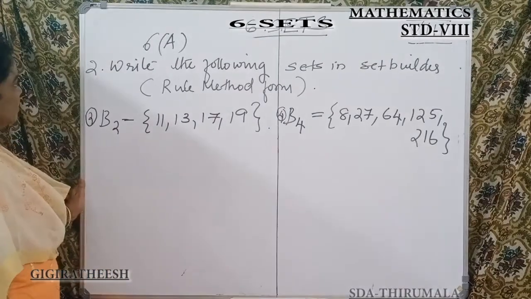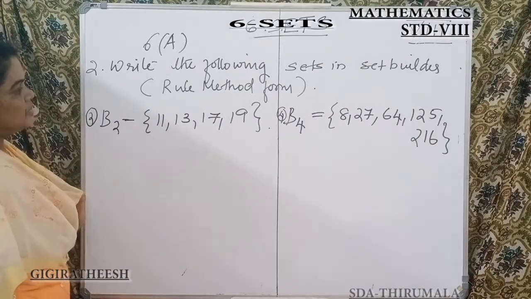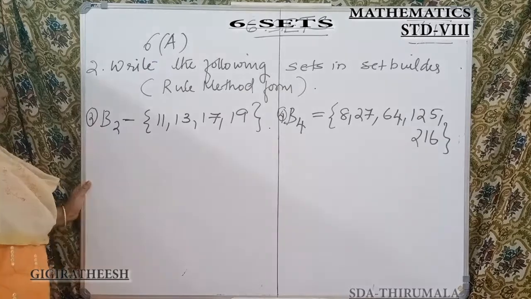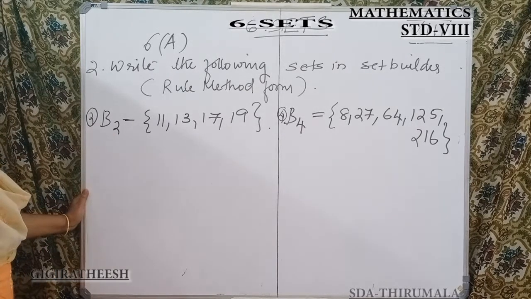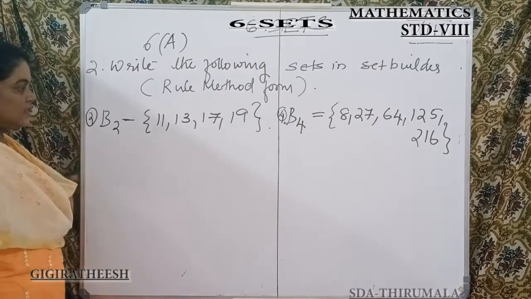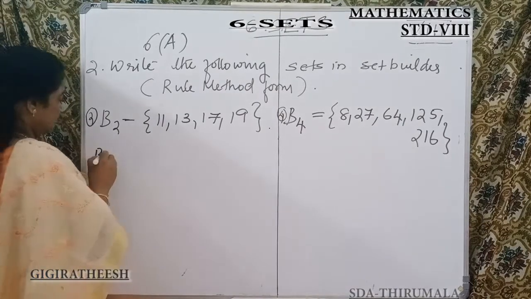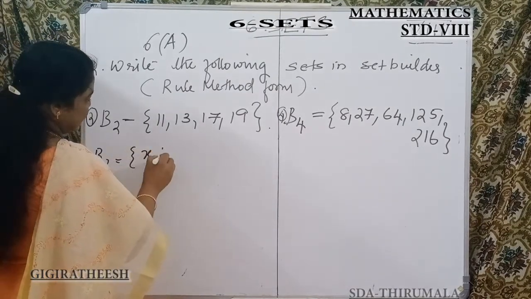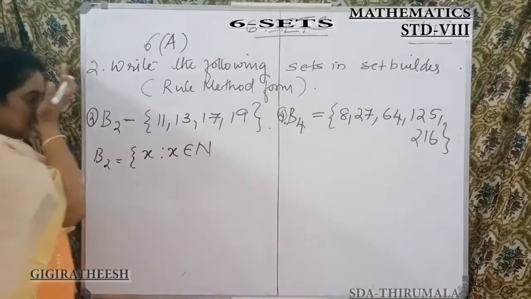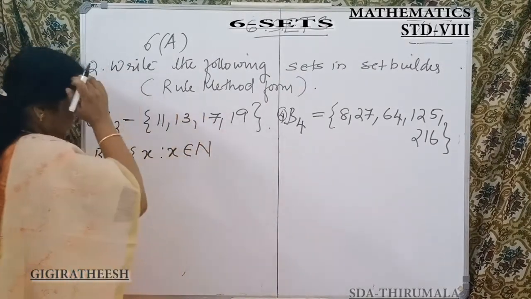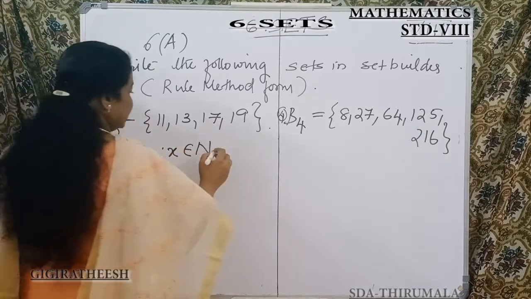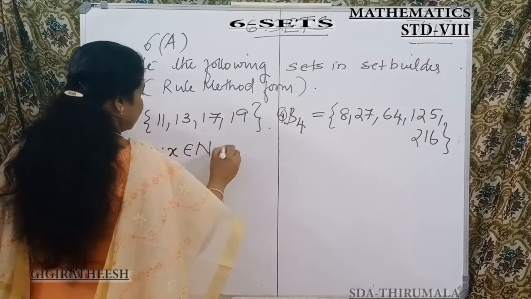Okay, next question. Second question, write the following sets in set builder form or rule method form. Okay, set builder or rule method form. And the second question is V2 is equal to 11, 13, 17 and 19. This is in the roster form. And how can we write this in the set builder form? That is V2 is equal to the set, what is it? x such that x is an element of natural numbers, and x is a prime number